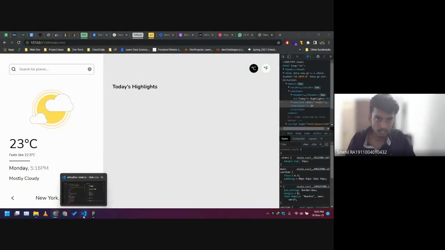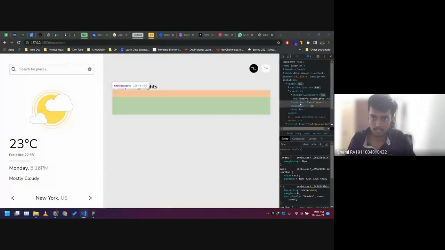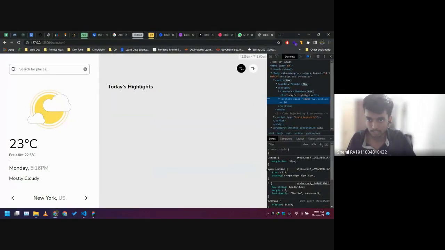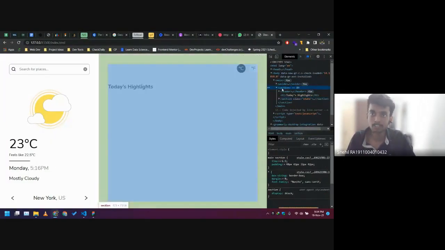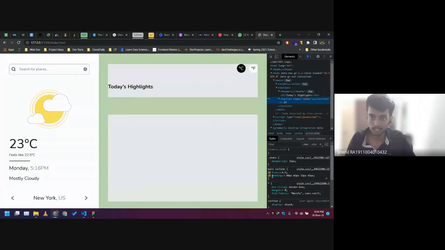And this section has padding for some reason. So let's just see where this padding is coming from. If you look into the inspect element, you'll see that this padding is actually coming from the main section, because initially we didn't think that we'd be having multiple sections, right? So I just used an element selector, but now I can see that I'm using multiple sections, so I would want to change this